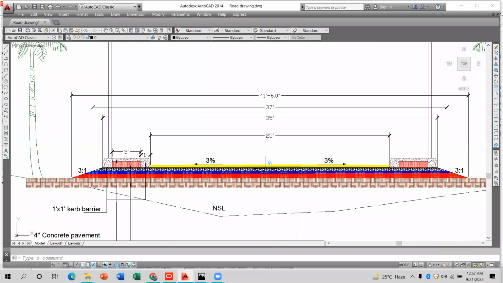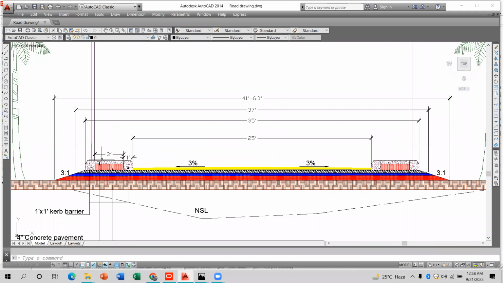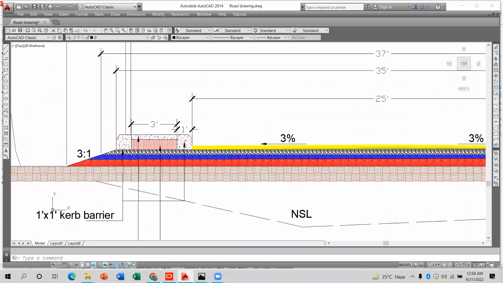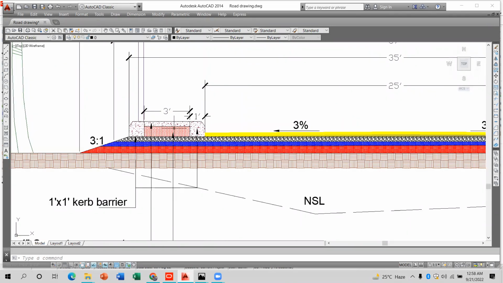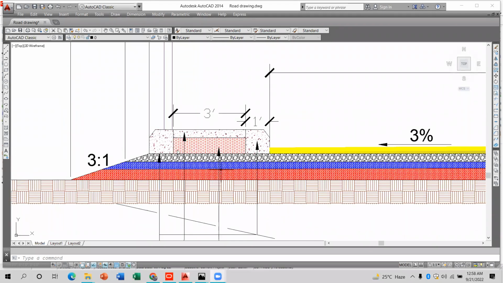Now after the asphalt wearing course, if you have to make some pedestrian way, then first of all, for the pedestrian way, you must remember this criteria. First of all, you have to make a curb barrier. It is better if you put the detail here, that the total height of this curb barrier is around 1 foot. Okay, so right here the curb barriers. So first of all, you have to write here some excavation